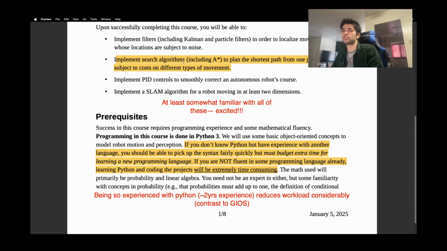Okay, prerequisites. Python 3. I was skimming through this, and then I wrote these notes, and then I checked back in the paragraph and found these sentences from them, so it's a little redundant. If you are not fluent in some programming language already, aka Python here, Python 3 being the one for this class, learning Python and coding the projects will be extremely time consuming. I didn't even read this before starting the project and the problem sets, and that was immediately apparent to me. I have been working in Python for about 2 years, pretty extensively,